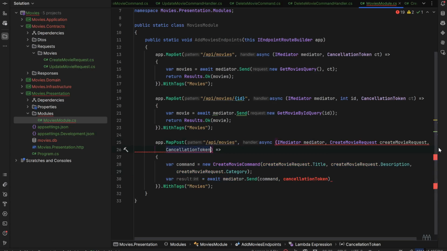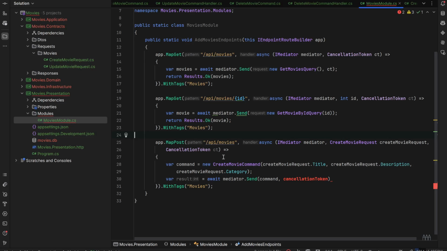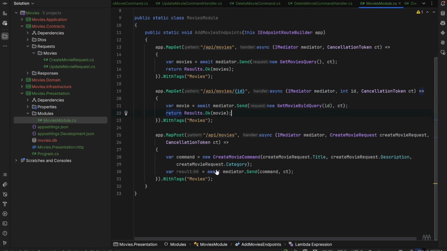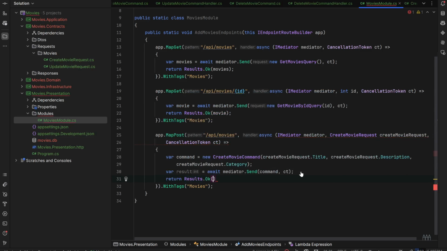So cancellation token, that also there we haven't passed the cancellation token. I'll just fix it now,